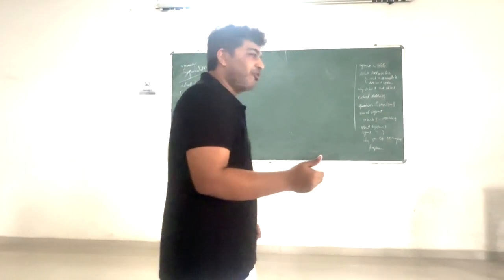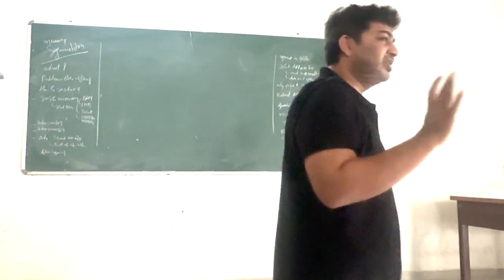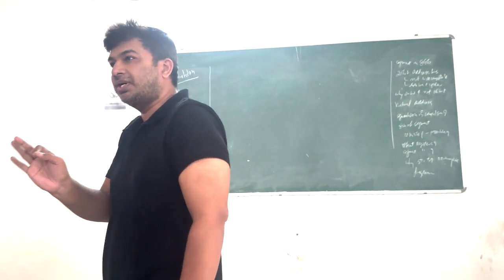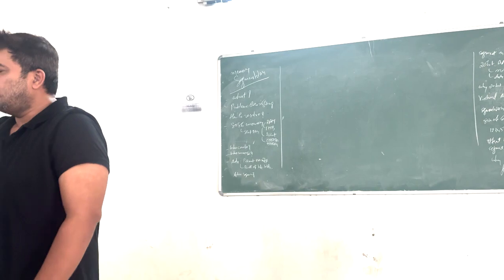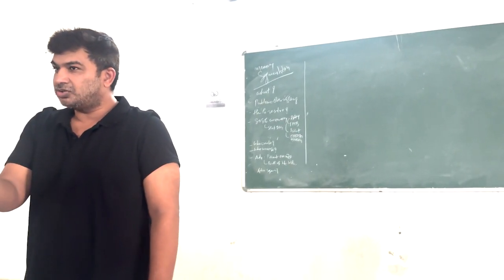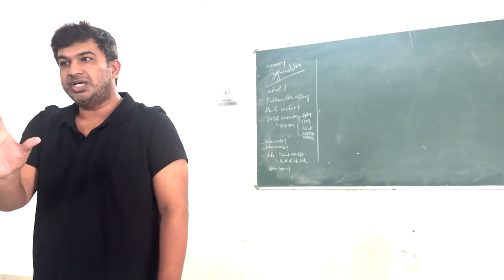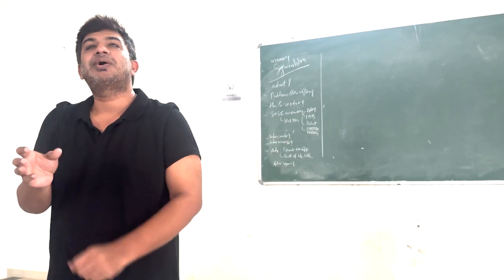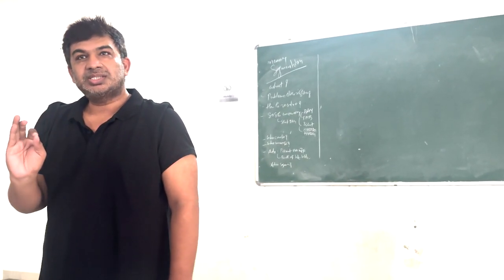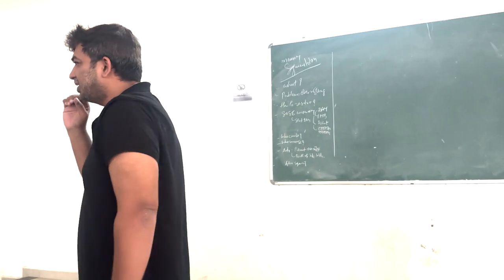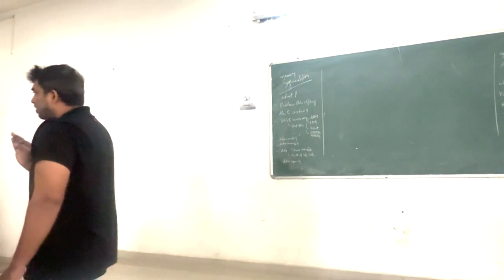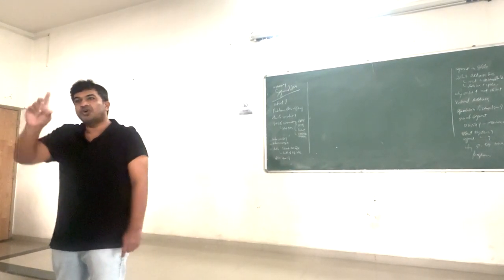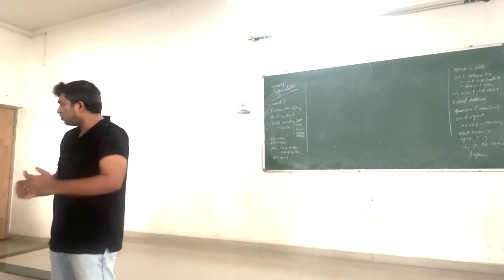Now, when we are talking about memory and when we are talking about 8086, just keep in mind that we are talking about RAM, random access memory. Anything that you are seeing on your screen currently also comes through RAM only. There are primary memory, there are secondary memories. Currently we are talking about primary memory. So throughout the discussion, just keep in your mind that we are talking about RAM. What we are discussing? We are discussing segmentation. We want to divide our RAM into different parts. This is what we want.